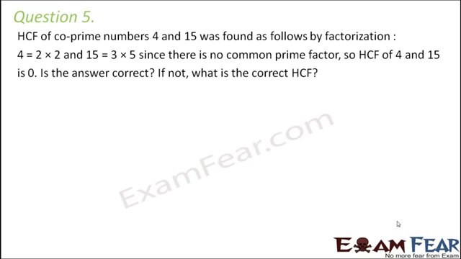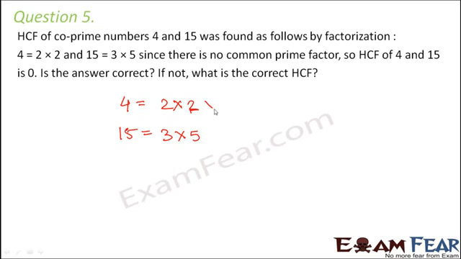Question number 5. HCF of coprime numbers 4 and 15 was found as follows by factorization. 4 is equal to 2 into 2 and 15 is equal to 3 into 5. Since there is no common factor, there is no common prime factor, so HCF of 4 and 15 is 0. Is the answer correct? Absolutely not,